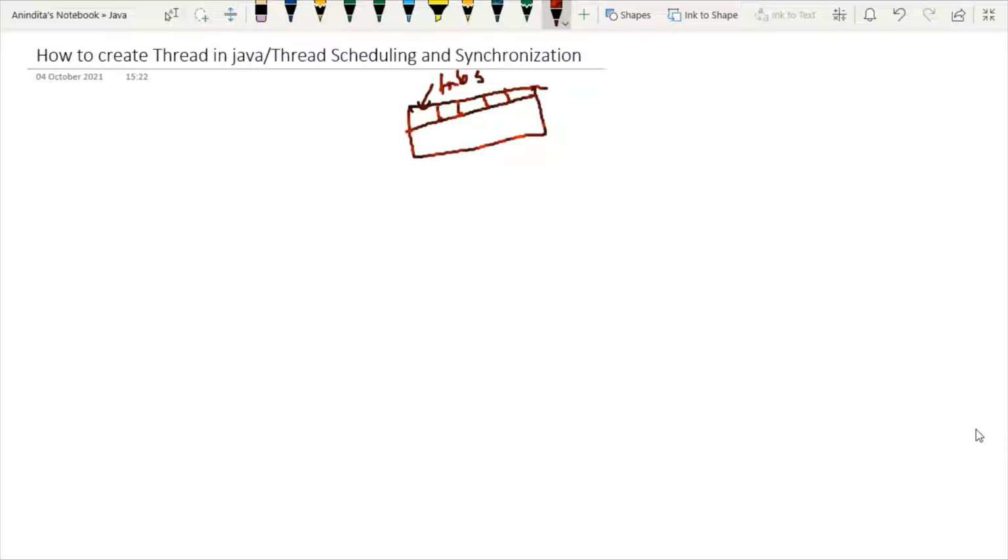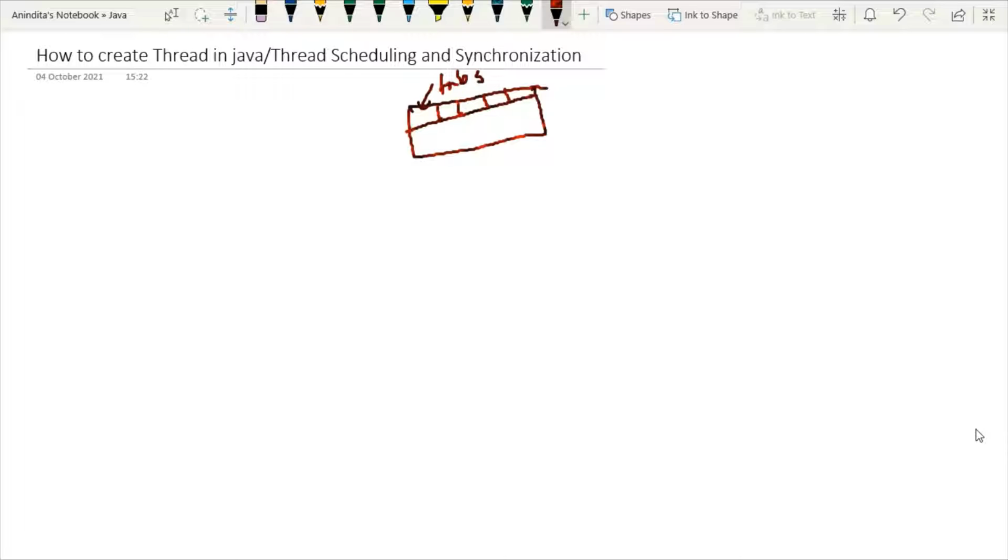One more example, MS Word also uses many threads. Say one thread for formatting text, one thread for processing input, another thread for something else, something like this. So we can say that whenever we are accessing many tabs in a browser, it is an application of multithreading. Whenever MS Word uses multithreading, it can format text, it can process input. So these are the classical examples of threads that we are using on a regular basis, right?